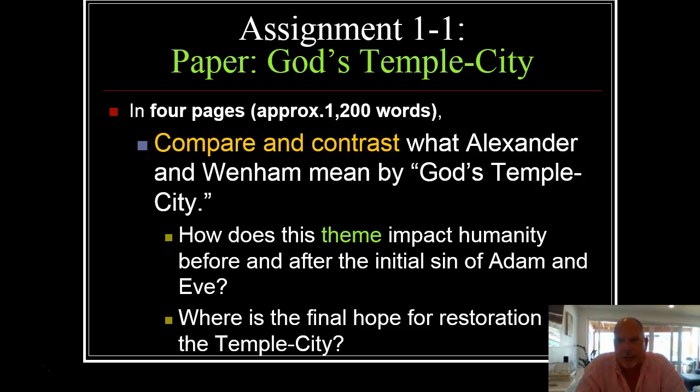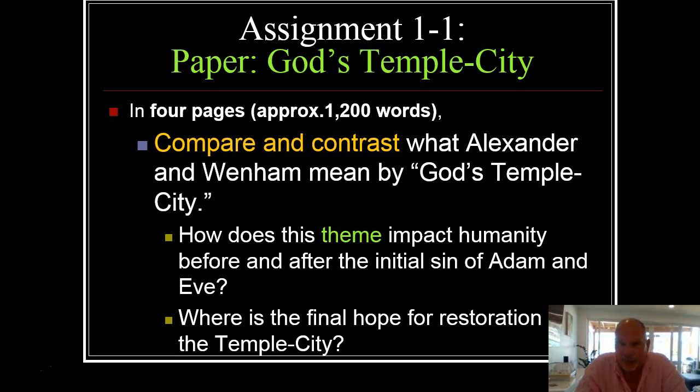And I think that point of priesthood is another theme that I was looking for in your papers. God's temple city, the Garden of Eden, actually makes Adam and Eve priests, and we wanted to see that priesthood theme move through the Old Testament and into the New as well. So those were the primary points that I was looking for, and then in the conclusion, I wanted to see